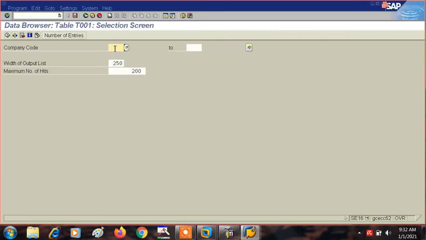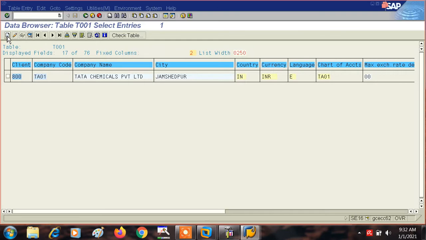So TA01, execute. See, these are all the details of our company code TA01.